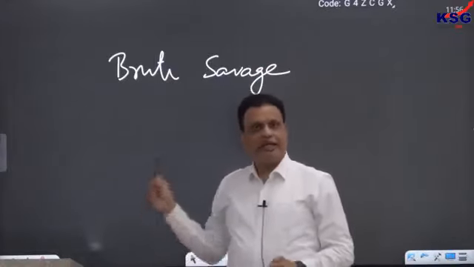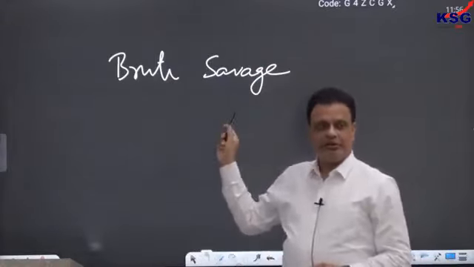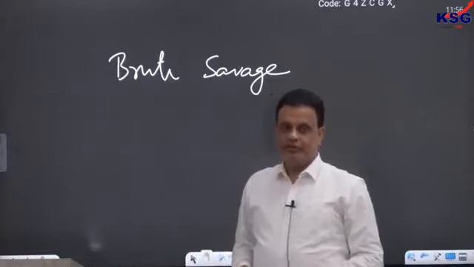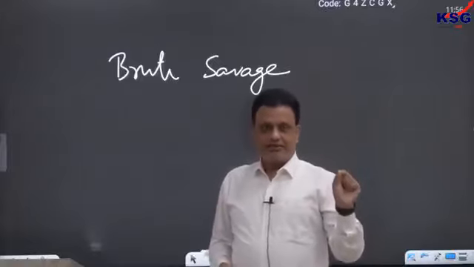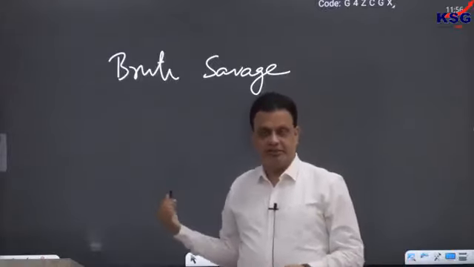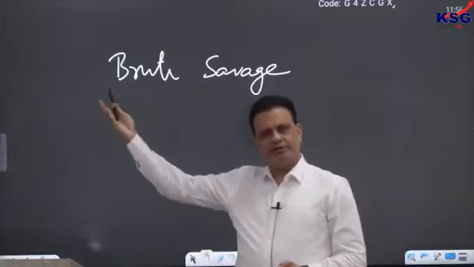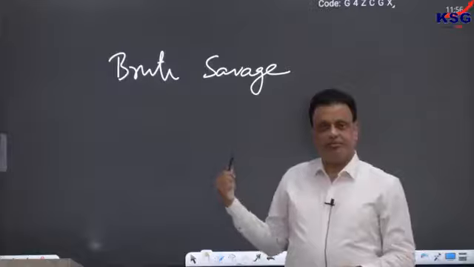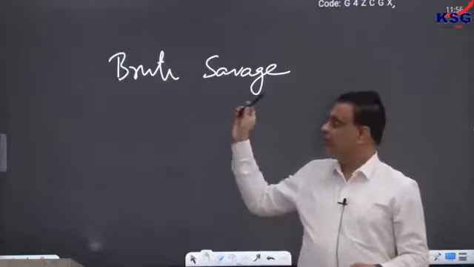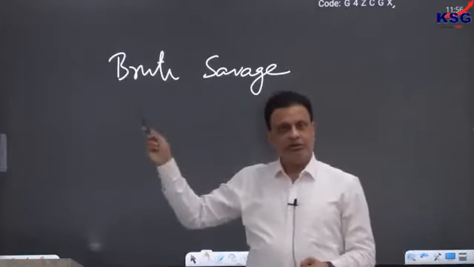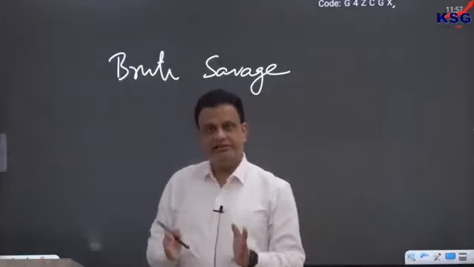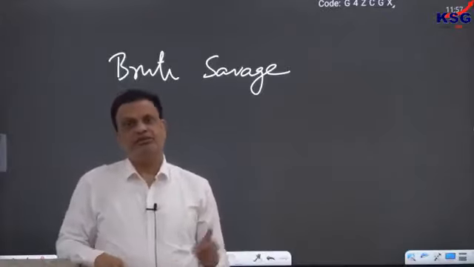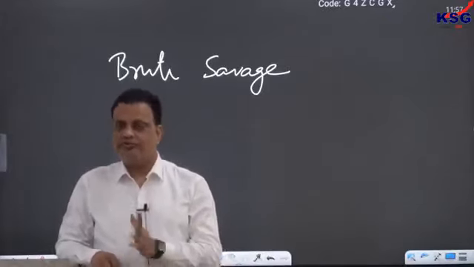The idea of the brute savage. Savage people are who? Savage people are the ones who live outside the state, in the state of nature, outside civilization. So people living in a non-state society, they are the brute people, they are savage people, like tribals today, or before civilization came into being in the historical period. So they are called savage people. Now Hobbes believed that savage people are brutish people. So without a government, we keep on harming each other, killing each other, fighting with each other, and that will create a life so bad that in a state of nature, life was solitary, poor, nasty, brutish and short. That was the idea of Hobbes.